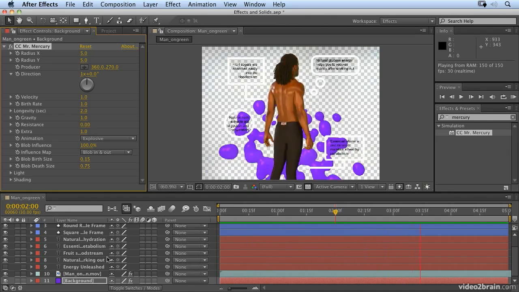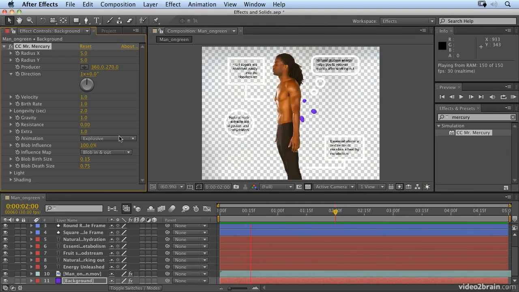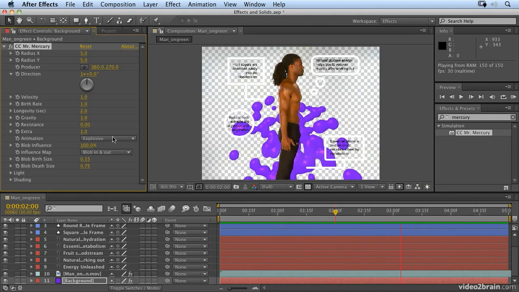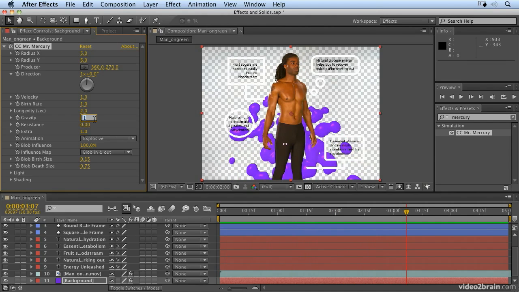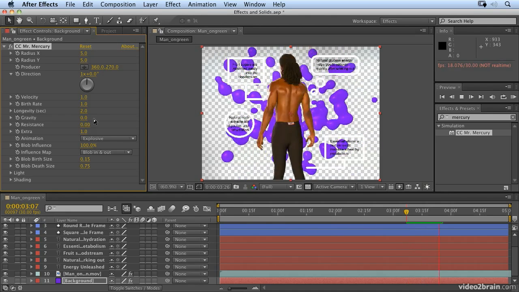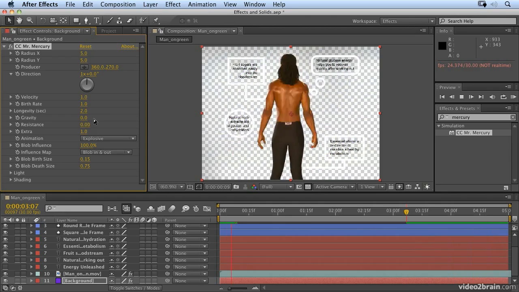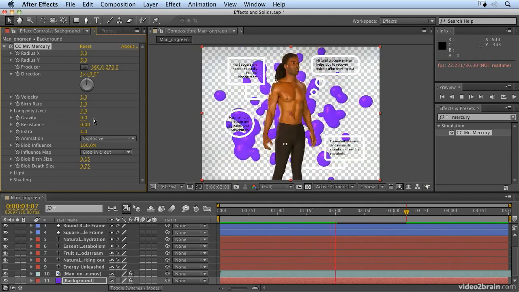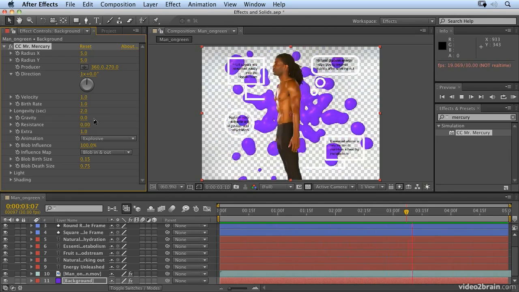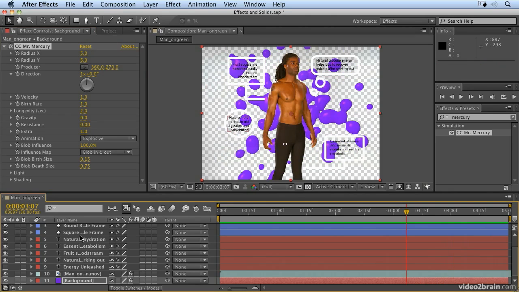Okay, and I'm just very quickly going to make a couple of changes to that. So let's take off the gravity, so we have no gravity. And you'll notice that now all the blobs move out in all directions. Okay, so it's like a liquid effect, which is really good for this energy drink. Now this effect is taking the colour from the background layer, which is a solid layer, and if we need to